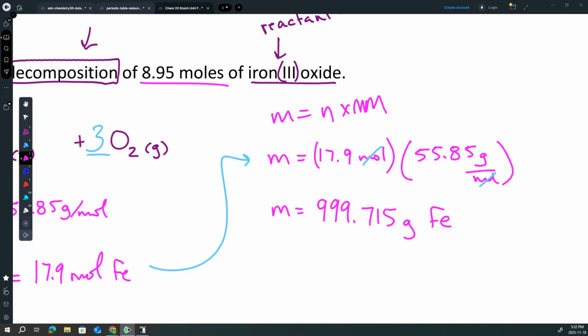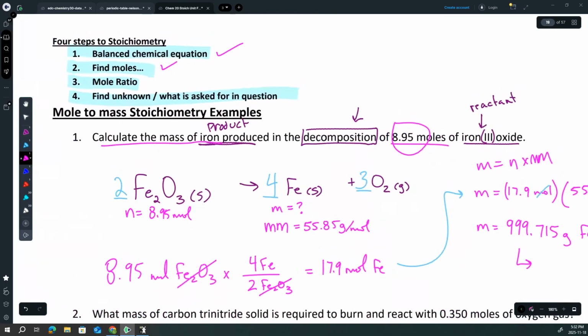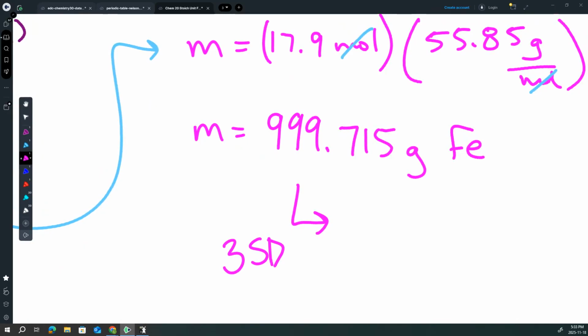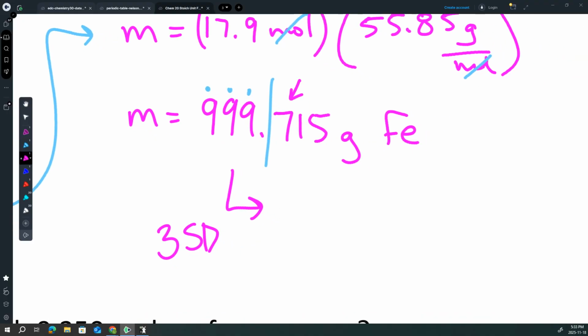All right, so now since we're talking about a final answer, now we're going to care about significant digits. Okay, so our only number given to us has 3 sig digs in it. So we're going to want to report our final answer in 3 sig digs. So if I count 1, 2, 3, my cutoff line is right on the decimal there. And the 7 after the cutoff line is going to round up everything in front of it because they're all 9s there. So this is actually going to round up to